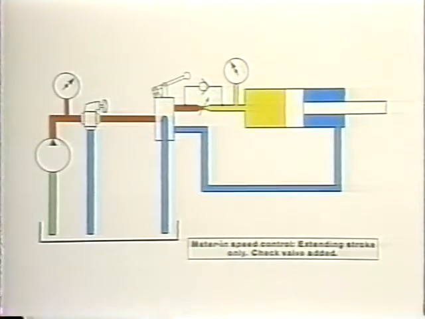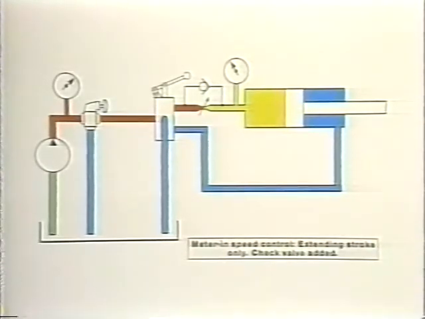If the pump delivered 10 gallons per minute and we wanted to cut the cylinder speed in half, we would adjust the flow control to pass only 5 gallons per minute. However, since it's a fixed displacement pump, if we allow only 5 gallons per minute to pass through our flow control into the cylinder, the other 5 gallons have no choice but to go over the relief valve at the